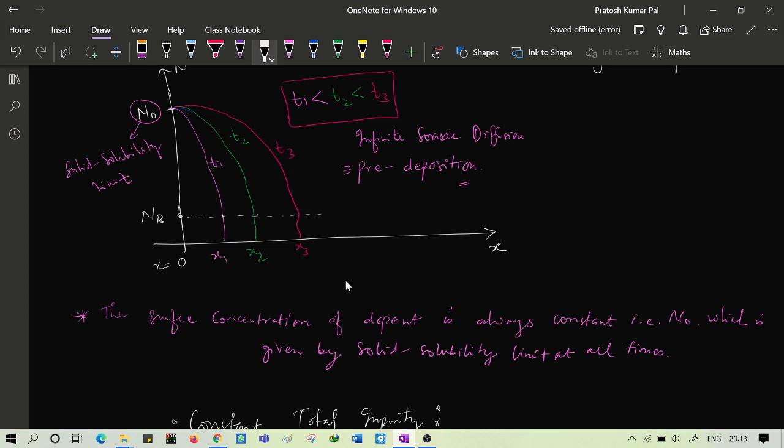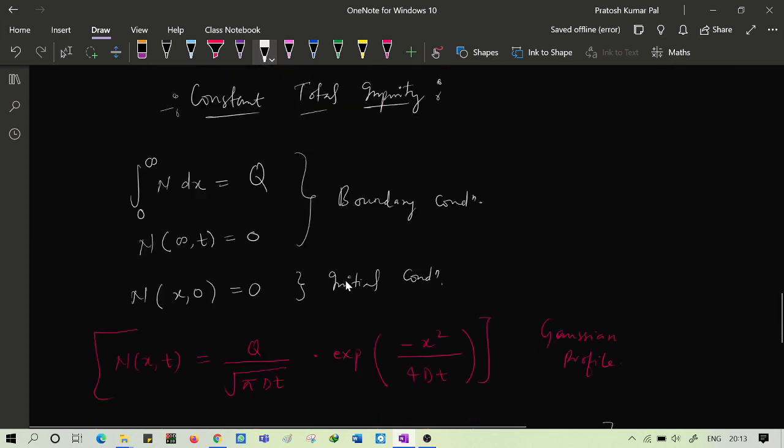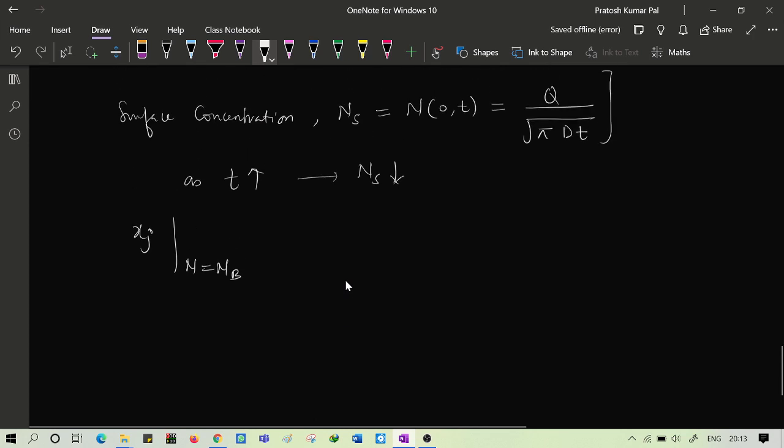This is just an indicative value, so this can be considered when the diffusion depth, or we call it the junction depth, is considered with respect to T1, T2 and T3 time periods. Then that concentration of dopant is given as the NB. So when the concentration has become NB, at that time whatever the junction depth will be there, that is given by the Xj.